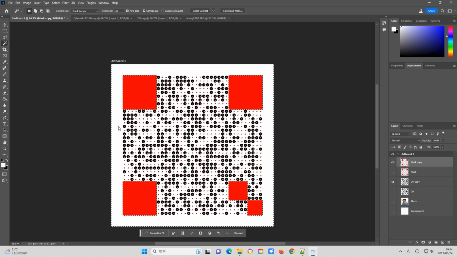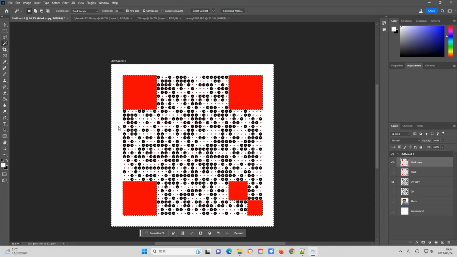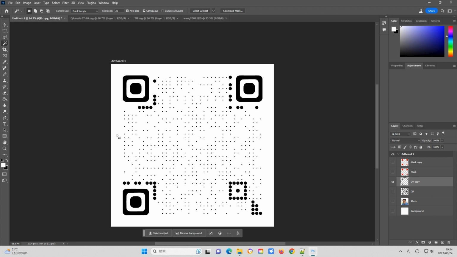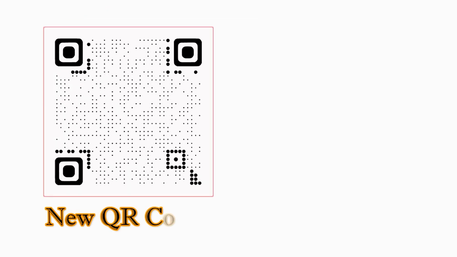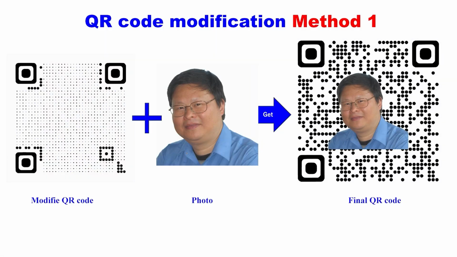When using the mask to modify the QR code, it is important to ensure that you select an area in one layer and apply the modification in another layer. This way, you obtain a modified QR code that still retains the correct information. Save the file as a treated QR code, which is an improvement over QR codes generated by standard QR code generators. Now we have three options for further treatment.